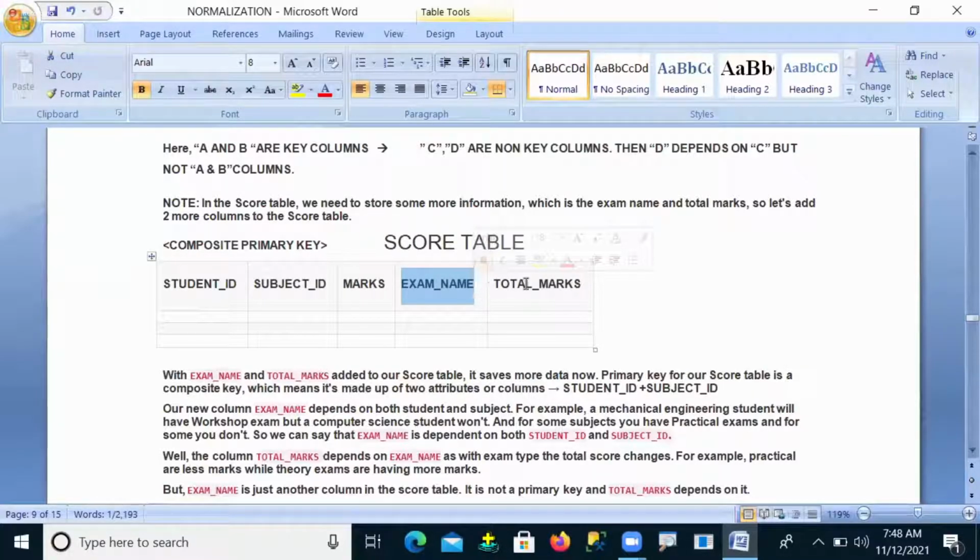Now you observe, total marks is depending on, not marks, on the examination name. Total marks is depending on the examination name. So not marks, it depends on the examination name. So why, sir? How is it so? Why I'm saying your total marks is depending on examination name, for example,